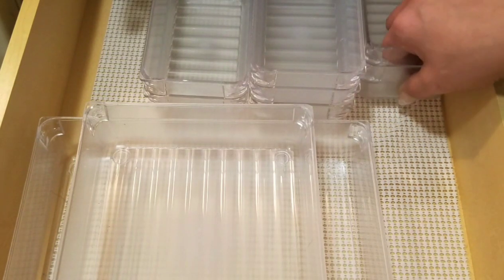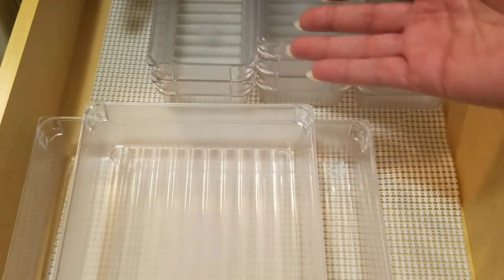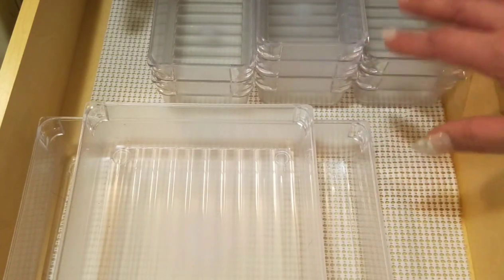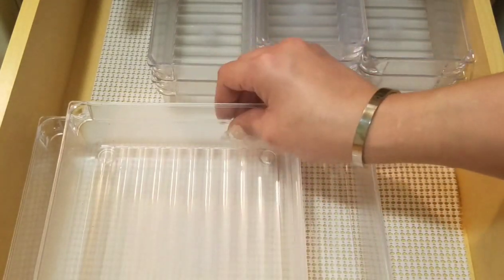I'm not sure what I'm going to do yet, but eventually I do want to get a new nail table, but for right now I'm going to use what I have. You use what you have, guys. Why do my hands look so red? Okay, so